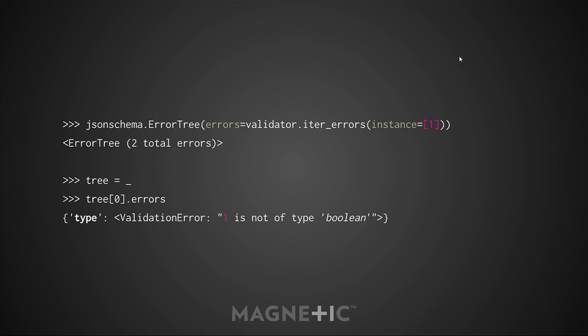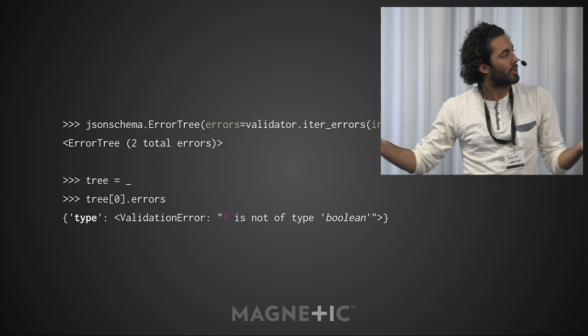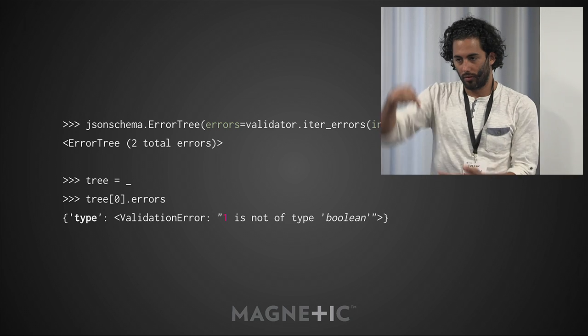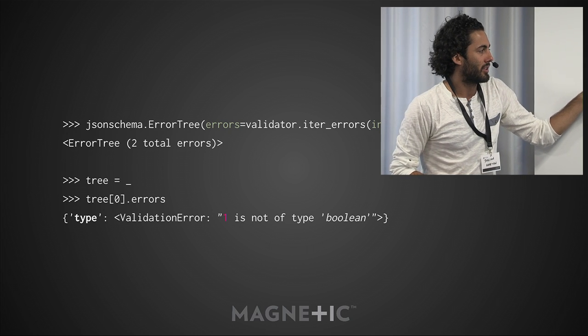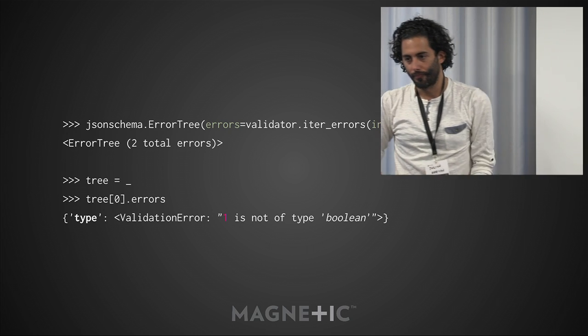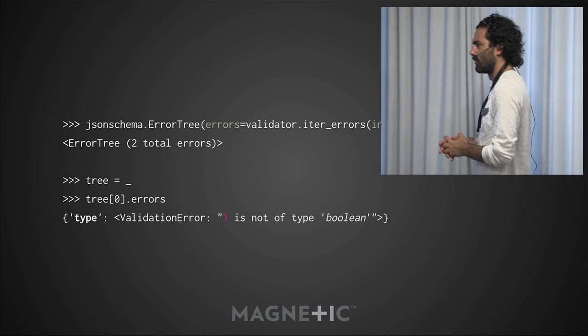Just briefly, there's an object in there also called ErrorTree, which is basically an object that takes a bunch of errors and then lets you walk the errors as if they were the instance. To make that a bit clear, if we make an ErrorTree out of those same errors that we got before, then we can index the tree by index 0 and then inspect the errors at that spot. That corresponds to the subscript 0 in our instance. And so the error at that subscript was that the element at that index is not a Boolean. If you look in errors, you'll see the type validator errored there, and the error was that it's not a Boolean. Make sense to everyone? Cool.